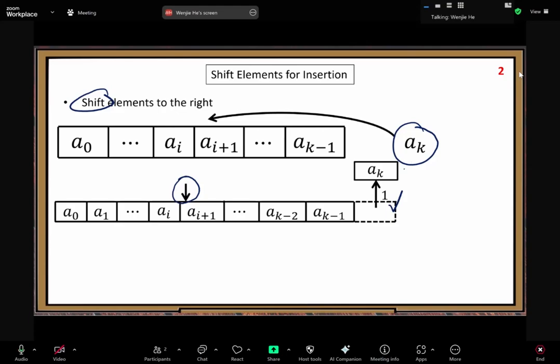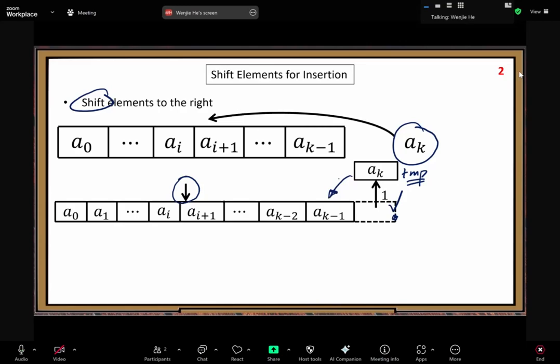So this is a temporary location. Then, after that lifting step, this location is empty, right? Now we can do the shifting operation. But we need to compare the value with the